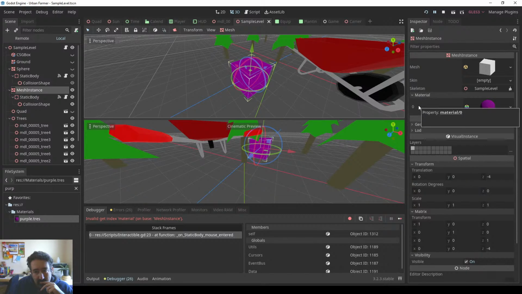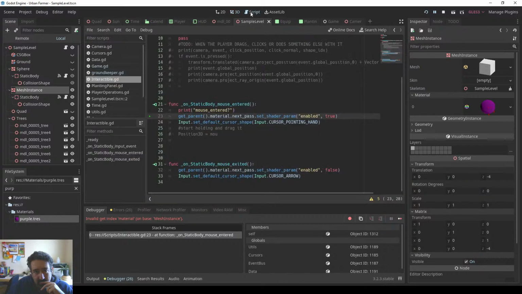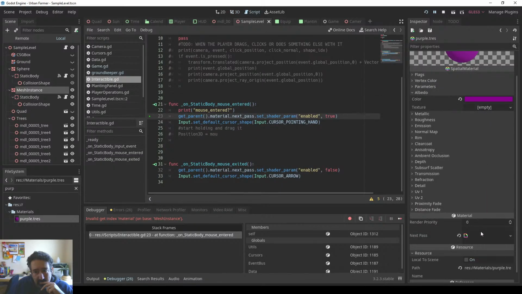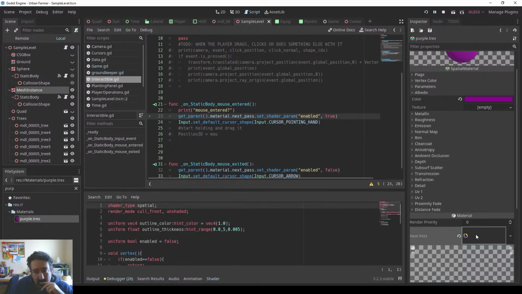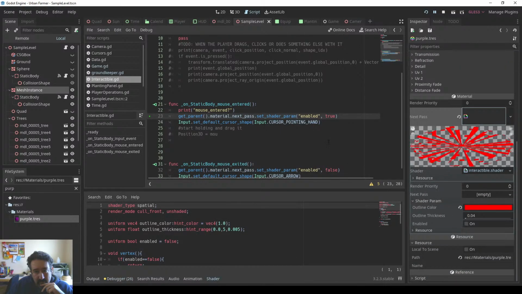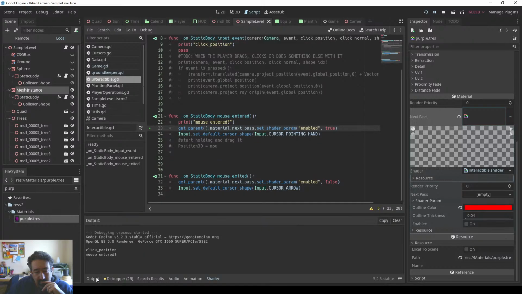Material next pass. That next pass will have a shader around. Set it to true. So we know this fired. Problem is